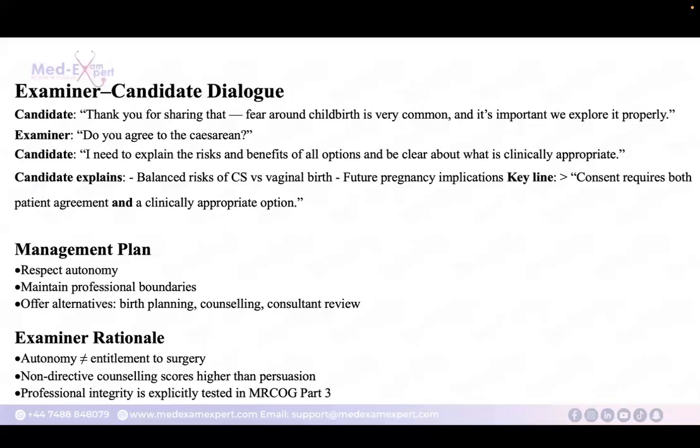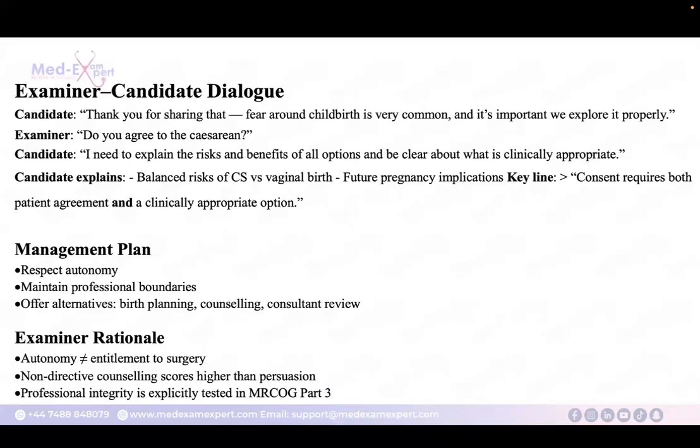Importantly, consent requires both patient agreement and a clinically appropriate option. So you cannot just willy-nilly agree to cesarean sections, but you need to have a